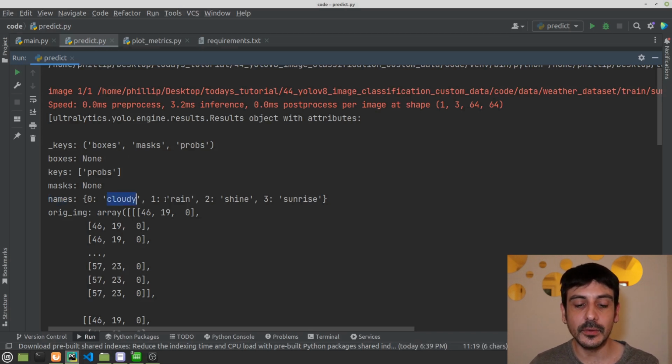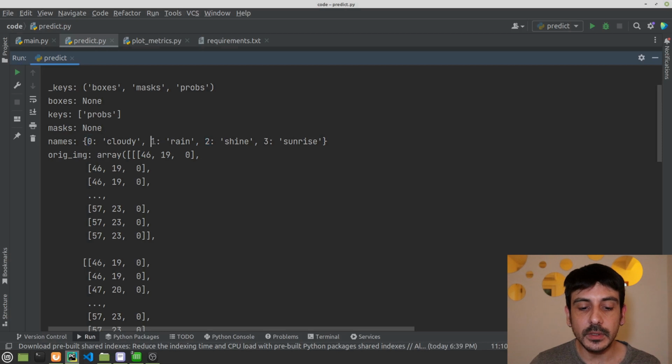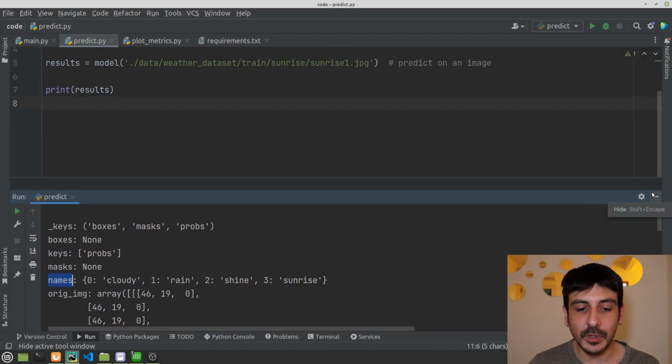You can see that this is cloudy, rain, shine, sunrise, and also you can see that we have different integer values for each one of these categories. So this is something like a dictionary, because we are going to have a result from applying our image classifier, and this result is going to be an integer. We are going to call this dictionary, this object, because we want to know exactly what the name of the category we have just inferenced is, right?